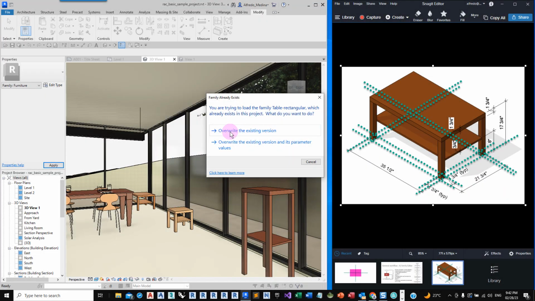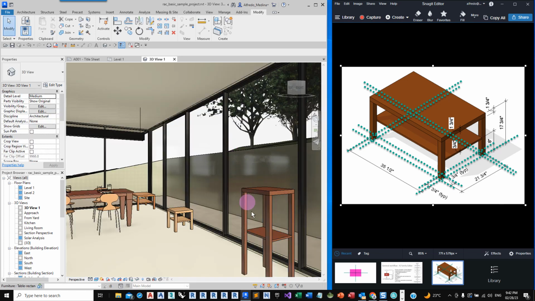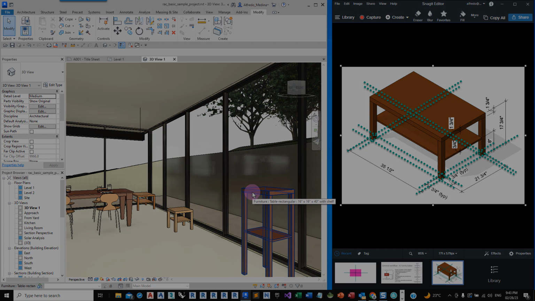In this case, any of these two options will give me the correct height of the shelf. If you want to override other values of the family, you can use the second option. But in this case, the simple override of the existing version will give me the updated height of the shelf to be half of the total height.